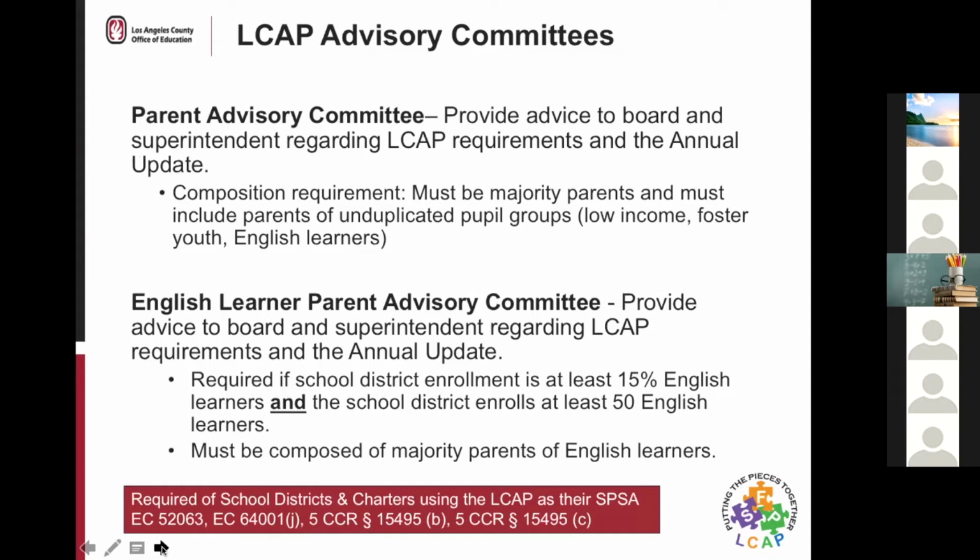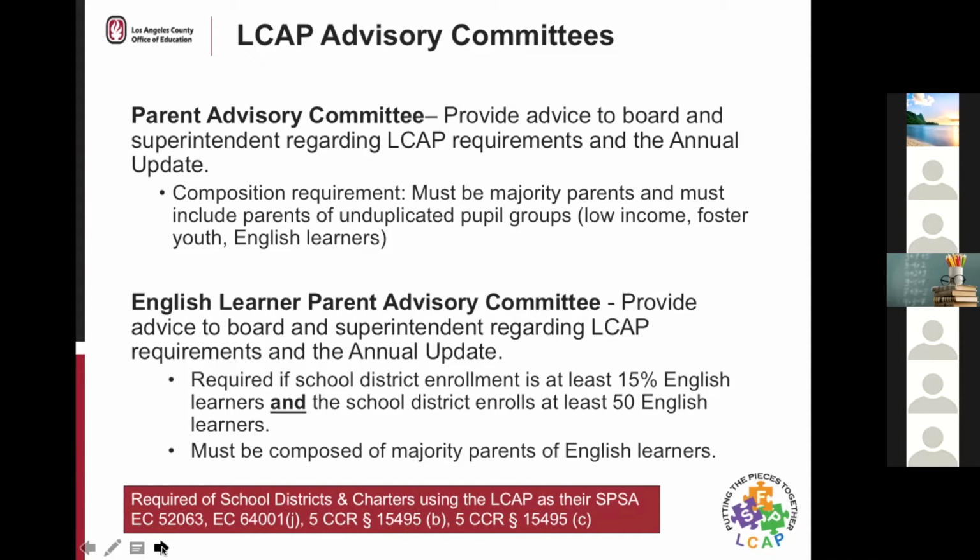Every LEA developing an LCAP will need to convene this Parent Advisory Committee, sometimes referred to as the PAC. And then the other committee related to the LCAP development process is the English Learner Parent Advisory Committee, or sometimes referred to as the ELPAC, but not to be confused with the assessment for English learners.